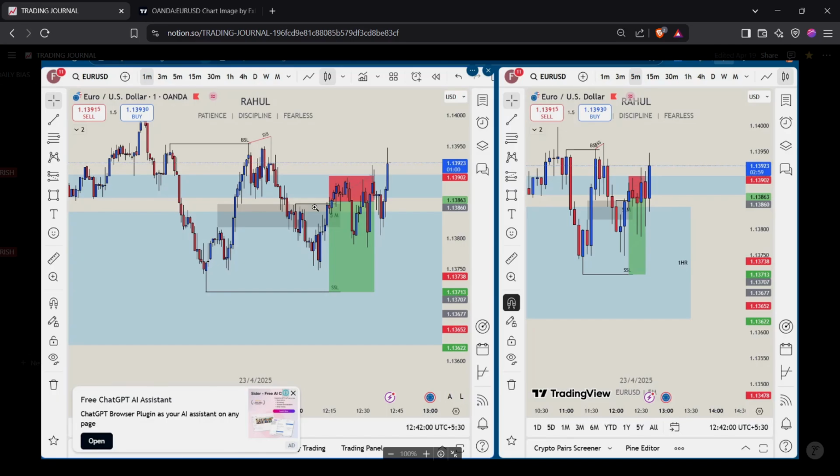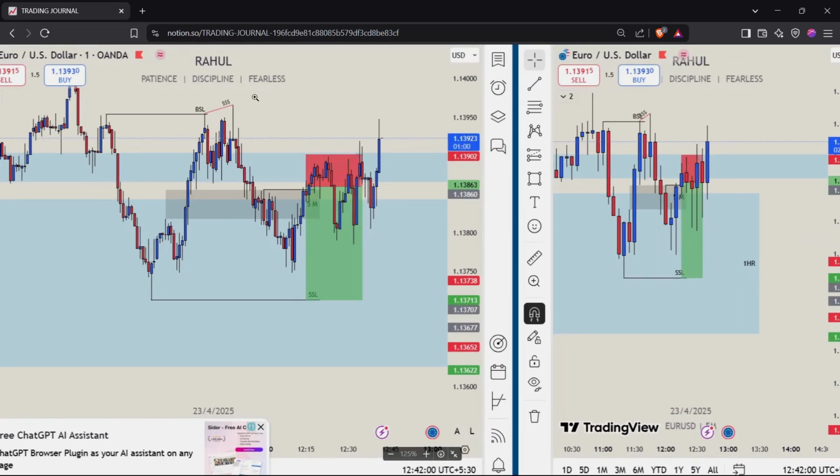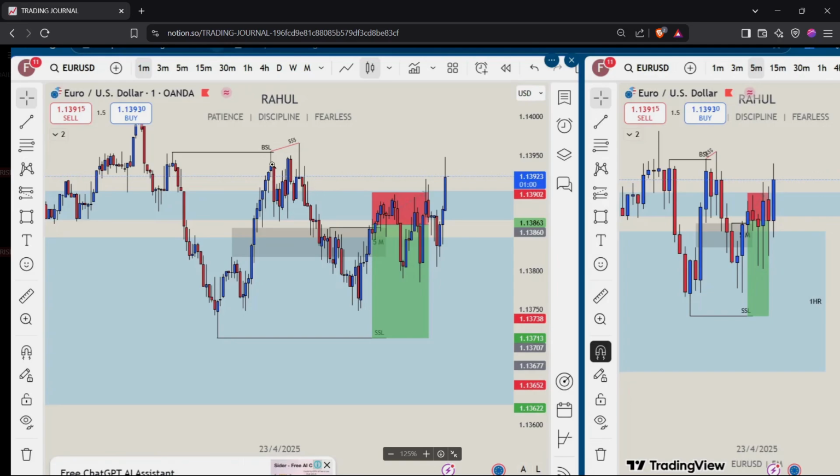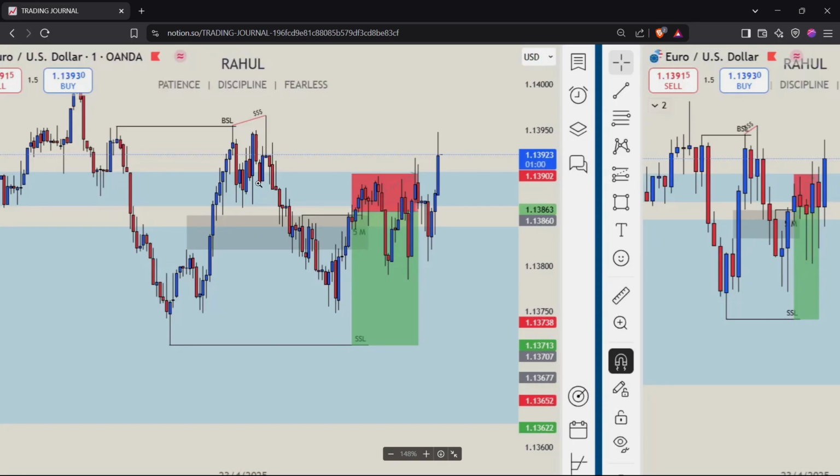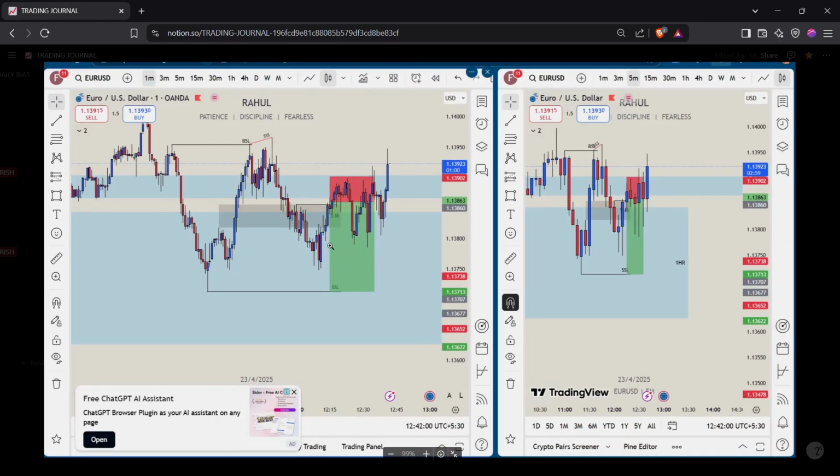But I don't think so. I made a mistake here. You can see there is a buy side liquidity sweep, internal manipulation, but I didn't get any entry directly. This could have been the change in the state, a series of down close candles, when the candle closed below that change in the state. But I didn't get any entry here. There could have been an entry over here, placed a stop loss here, take profit here, but I didn't get entry here. So eventually I entered on the 5 minute